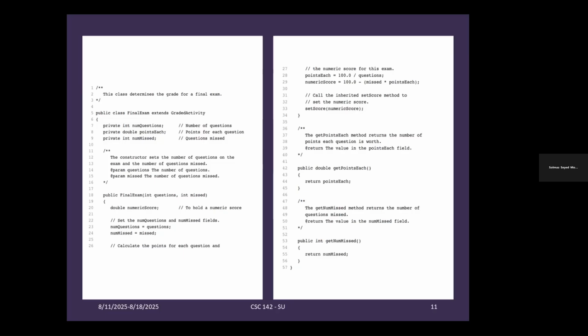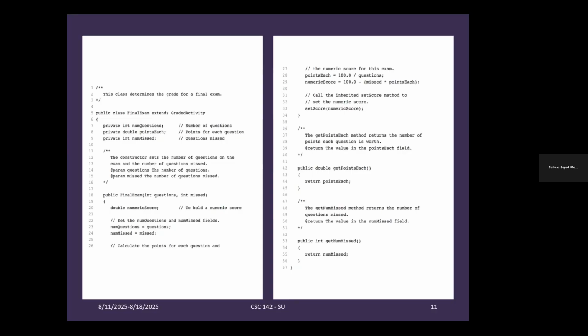And we go inside of the code. We have three fields: numQuestions, pointsEach, and numMissed, with their data types. All of them are private, so you get access only inside that specific class. That's private, you don't have access from outside of the class. If we create it as public, you have access from all of your other classes.